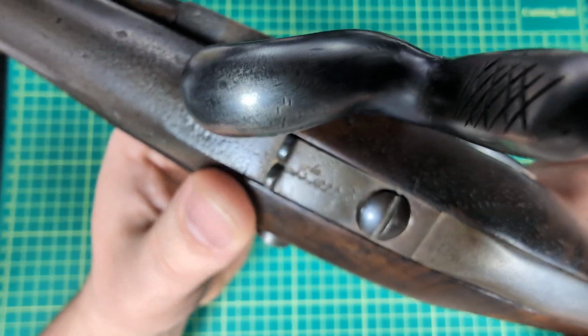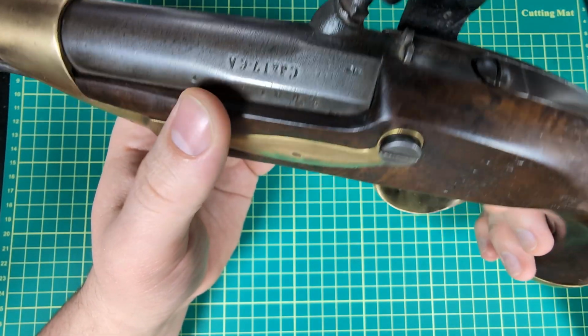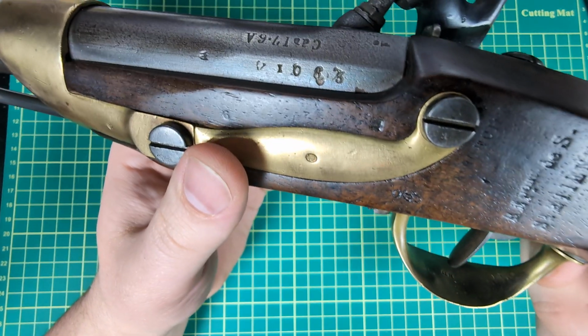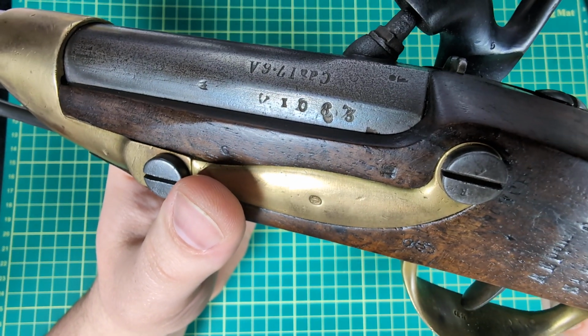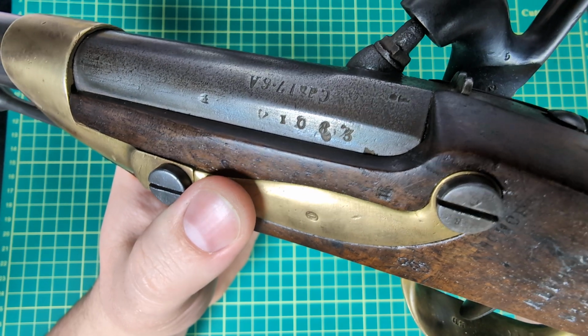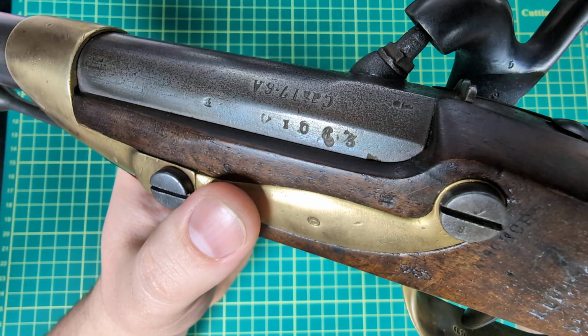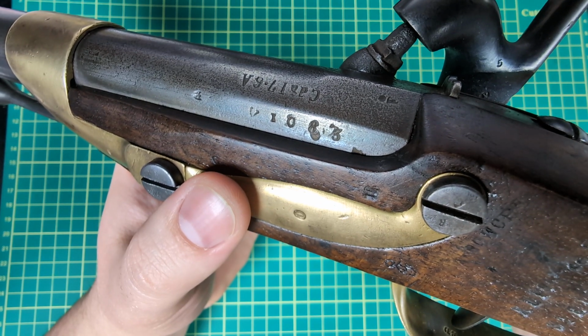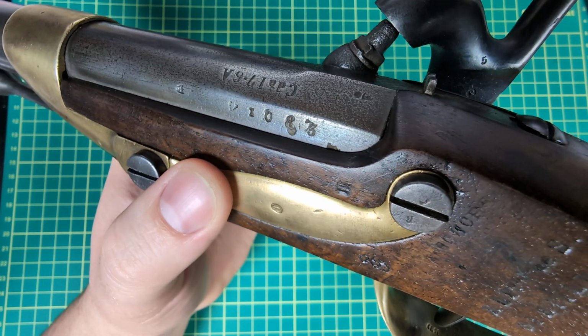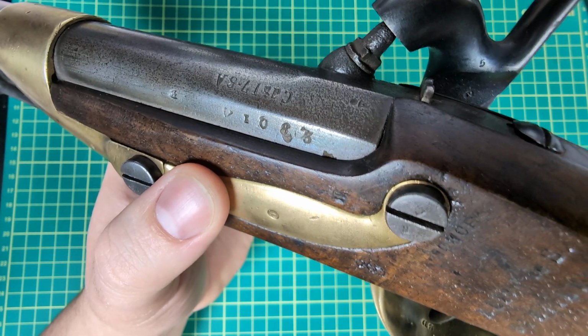This is the Model 1822, which is the flintlock designation, I believe. We've got a serial number here that's been force stamped over. Maybe a 1 stamped over with a 0 that looks like a 2 previously, and an 8 over something else. That's either a 7 or a 3 that's been stamped in there. So this is